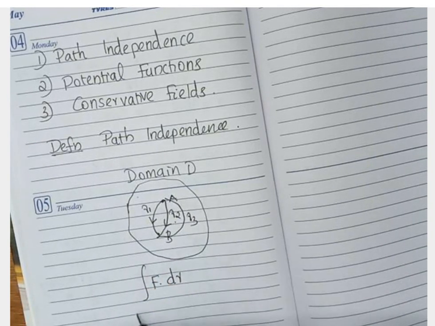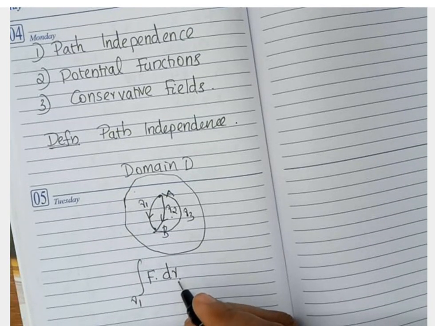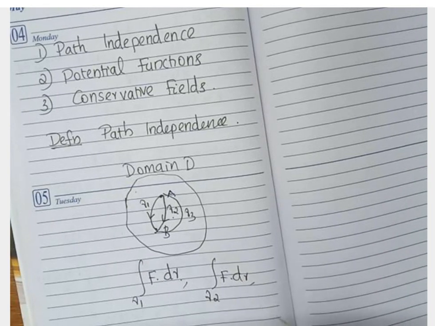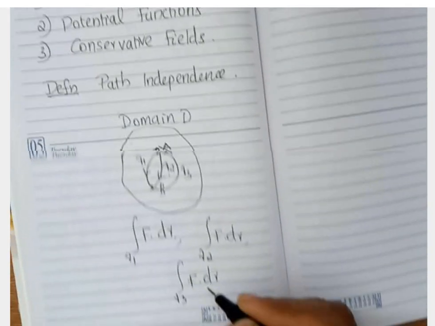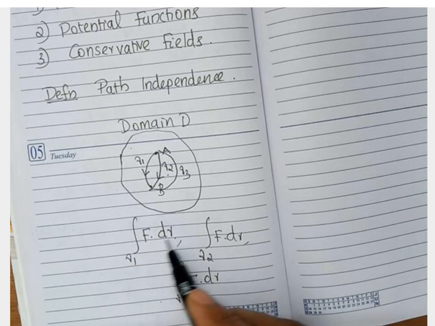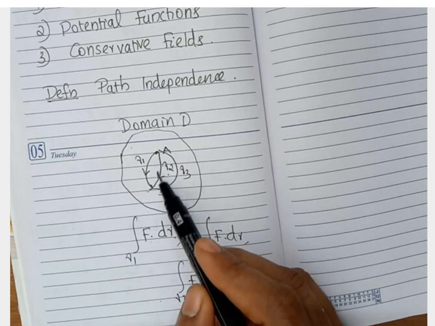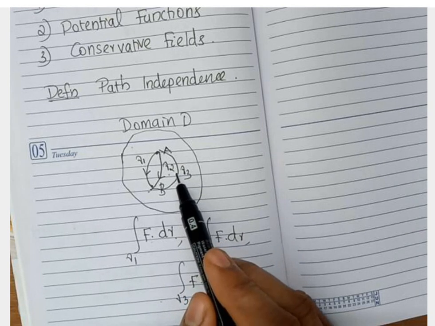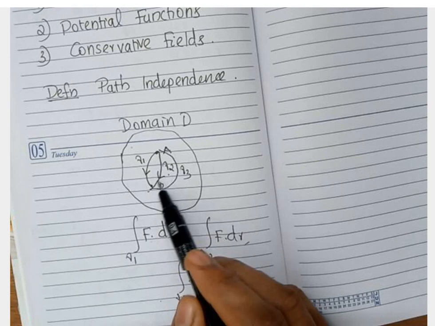We find the integral over gamma 1 of F dot dr, again over gamma 2 of F dot dr, and again over gamma 3 of F dot dr. If this integral value is the same for all paths from A to B, and this is true for any A and B in this domain,